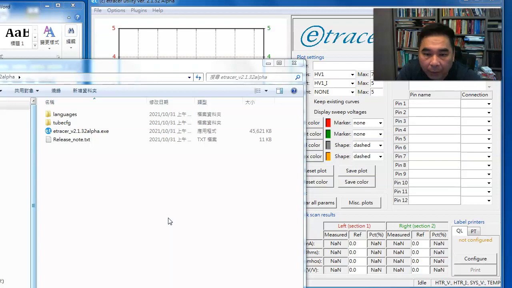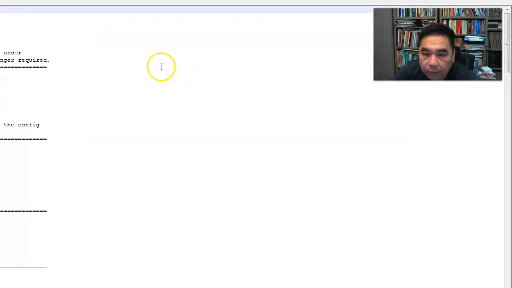In today's video, I'm going to show you the change I made to the latest etracer PC software release. The release version is 2.1.32 alpha. So if you look at the release note,